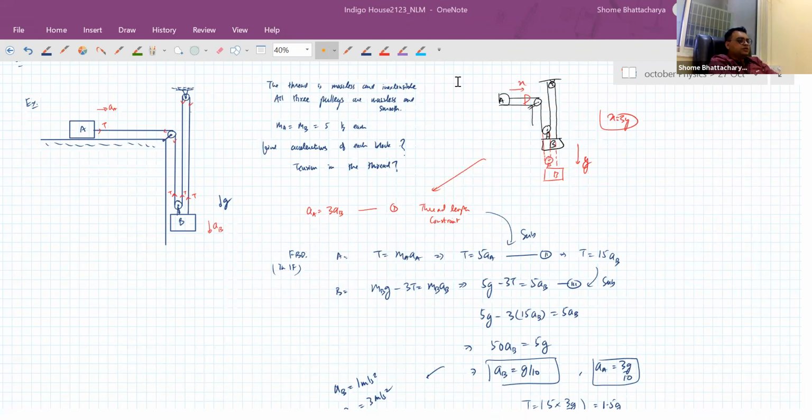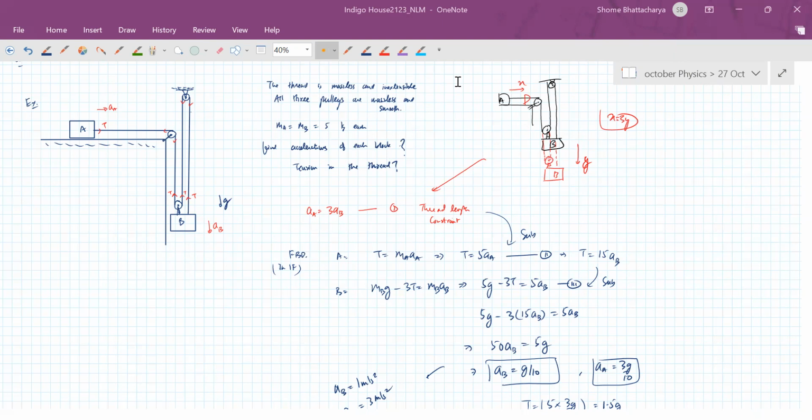I want you people to complete the other questions of HC Verma, which have constraint relations and pseudo force and all that. There are a very large number of questions. Last time we have discussed only up to the 16th question. Okay, whereas I think there are close to 35 problems or something. So make sure you work out those questions. So total 42 questions are there. 42 questions. There you go, right?